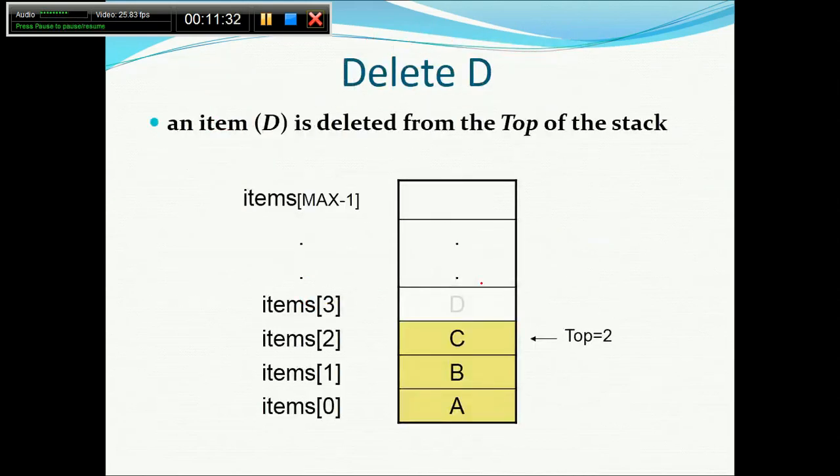Now suppose you want to delete an element. In this particular deletion, currently the top is pointing to index 2. So whatever the top element is, I will copy it to a temporary variable. I am repeating again. If I want to delete an element, whatever the top is currently pointing to, the topmost element, I will copy that element to a temporary variable, and top is equal to top minus 1. Simple algorithm it is.